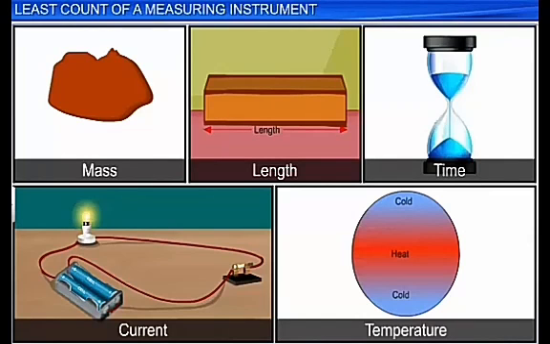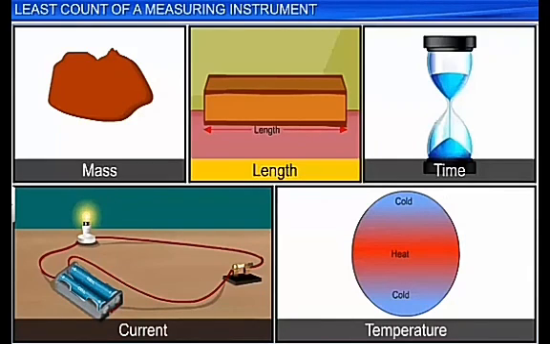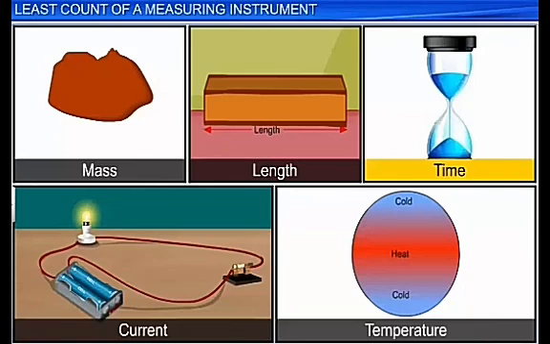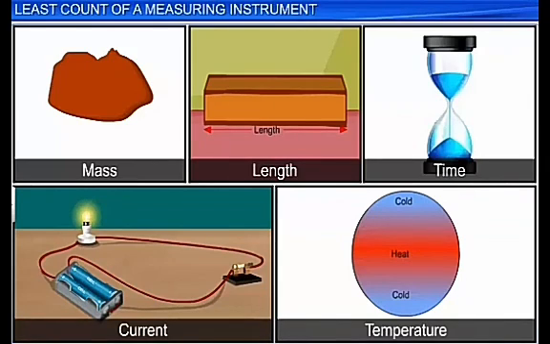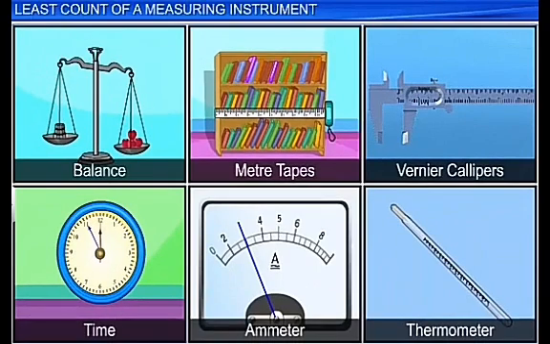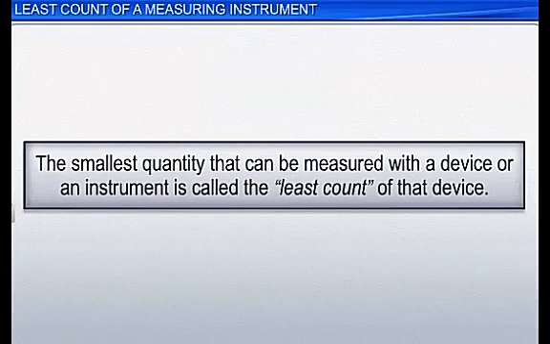In general, all measurable quantities are known as physical quantities, such as mass, length, time, current, and temperature. They are also known as fundamental quantities. To measure these quantities, we use different types of devices in different situations. The smallest quantity that can be measured with a device or an instrument is called the least count of that